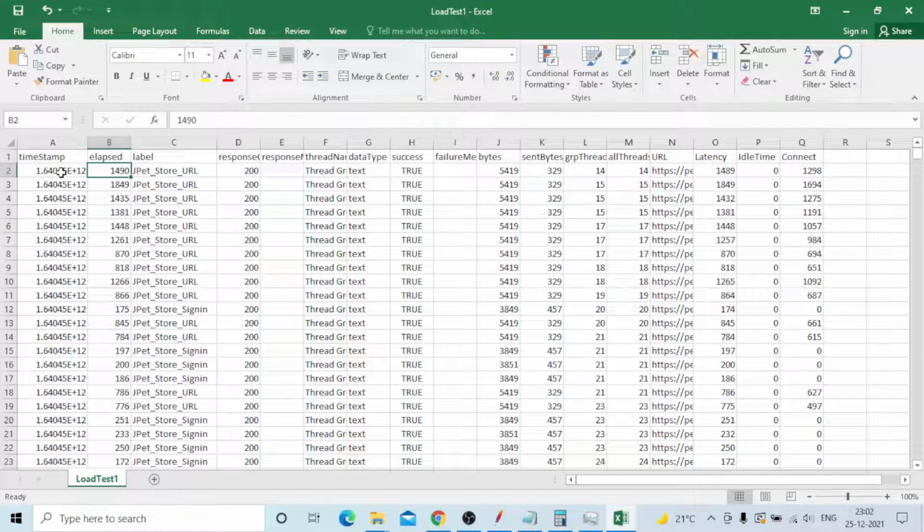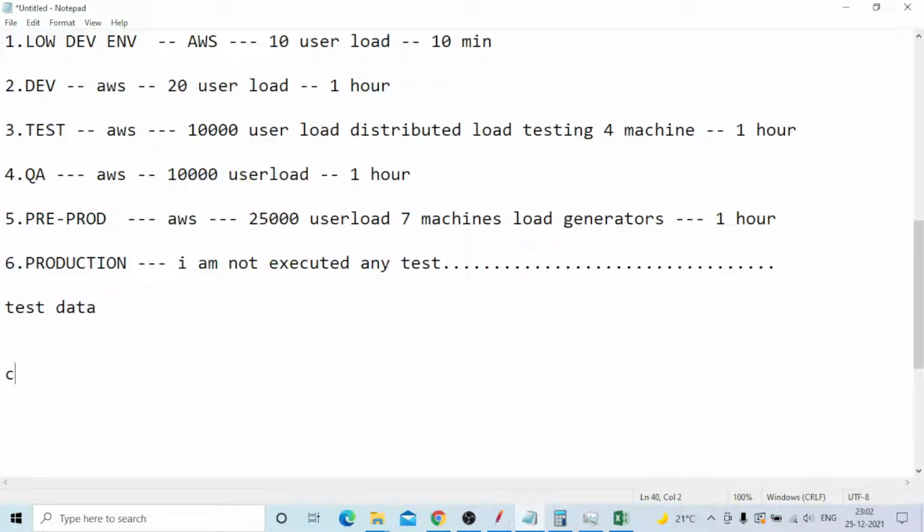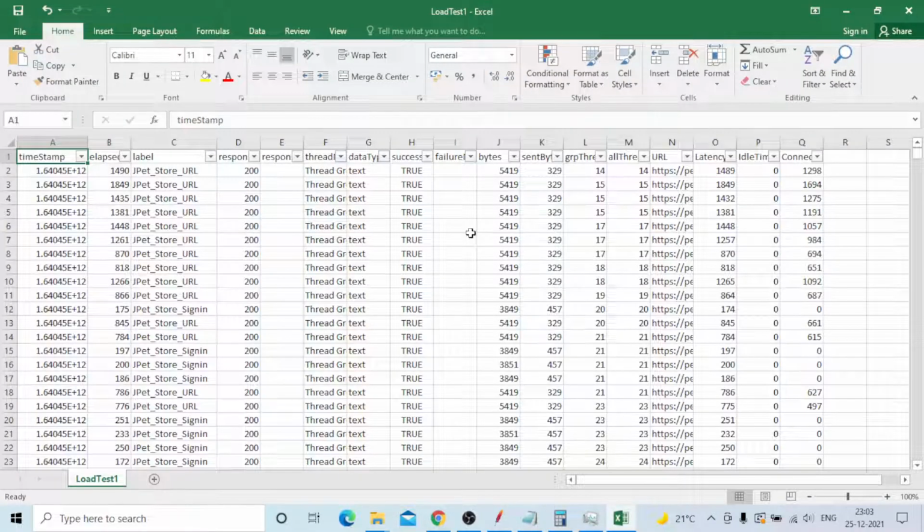You can press Control Shift L. When Control Shift L is pressed in the Excel sheet, on top of the variable names, a sort combo box is generated, for sorting purposes. For example, I will show you.